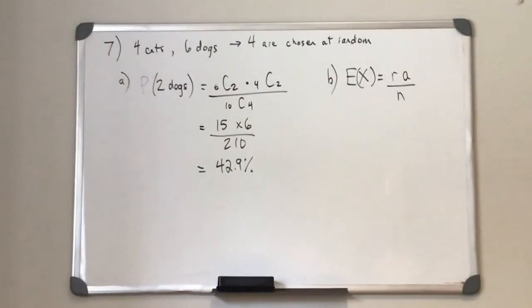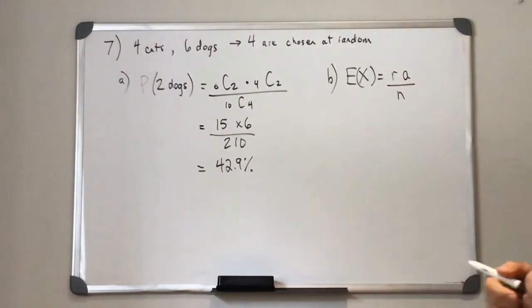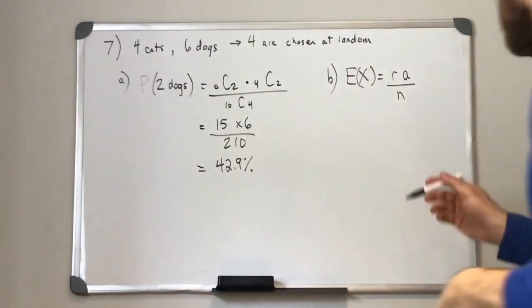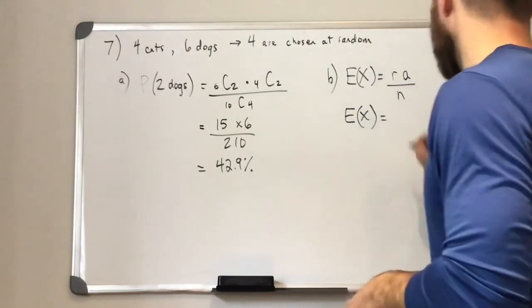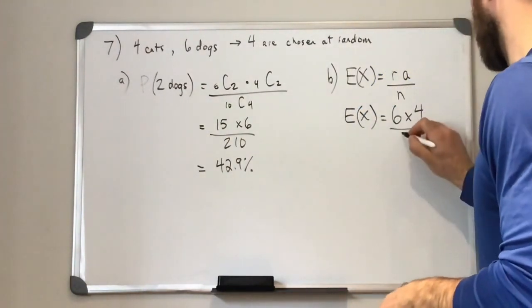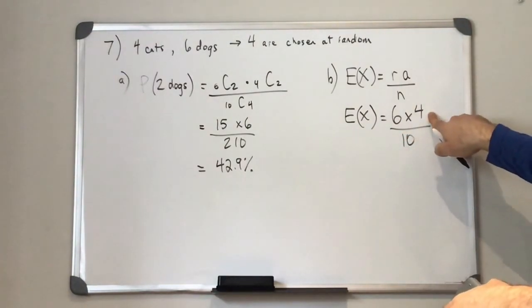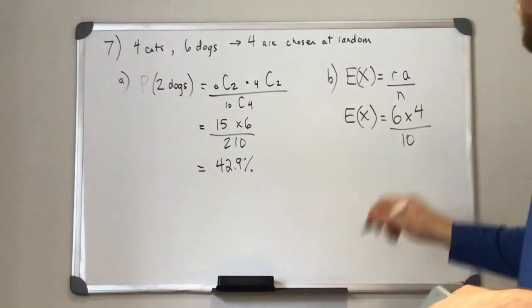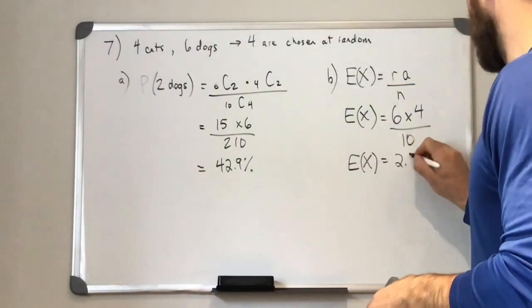So, all right, for B, we're finding how many dogs can be expected. And there was a mistake there. I think I calculated the expected number of cats. So the expected value of dogs, we're going to have 6 times 4 over 10. So how many total? We're choosing 4. There are 6 dogs in total. So we've got